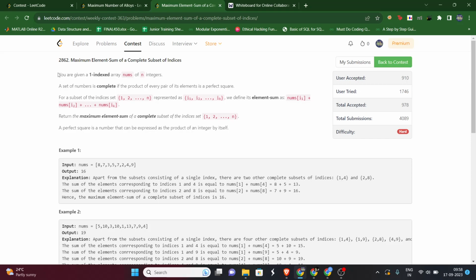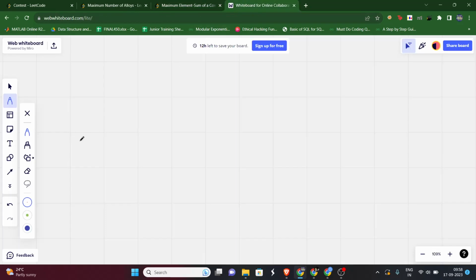Good. So what the question is saying is that we are given a one-indexed array nums of n integers. Then it defines a set of numbers as complete if the product of every pair of its elements is a perfect square. Let me explain. If there is a set of numbers 1, 4, 7, 8, then this set will be complete if every pair, that is 1 into 4, 1 into 7, 1 into 8,